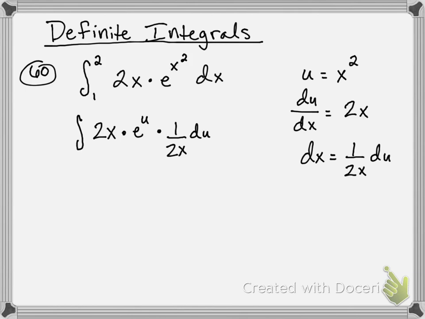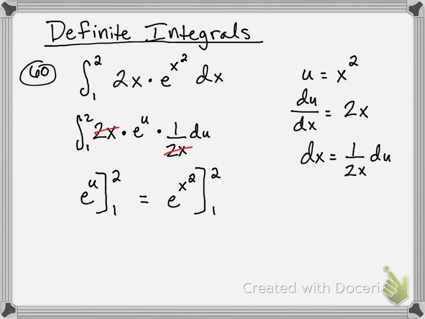Nicely done there. We get something to cancel, don't we? The 2x's will cancel. So this is now, all right, the integral of e to the u, which is just e to the u. So we're going to evaluate e to the u. Sometimes you write this evaluation with a one-sided bracket right here, from 1 to 2. All right. So I'm going to plug back in for my u. Okay, so that's e to the x squared